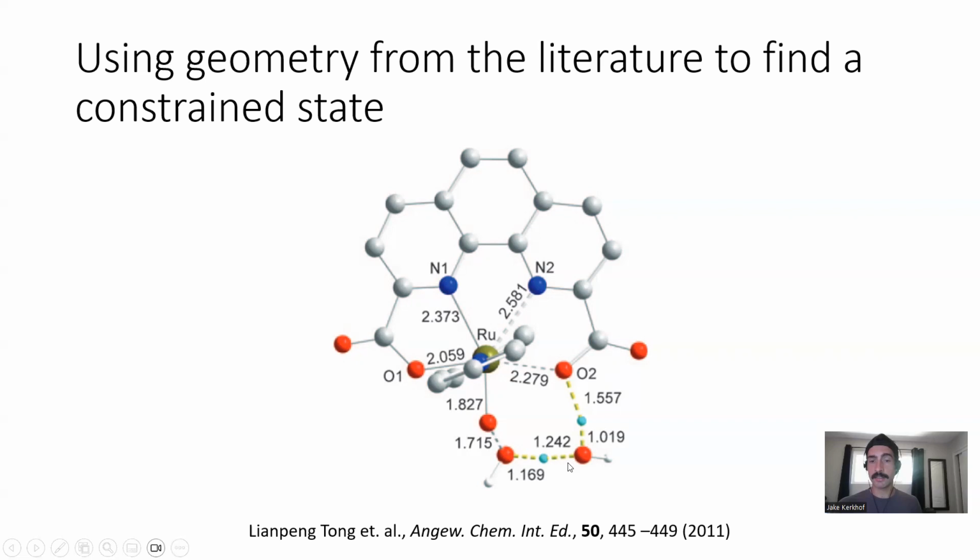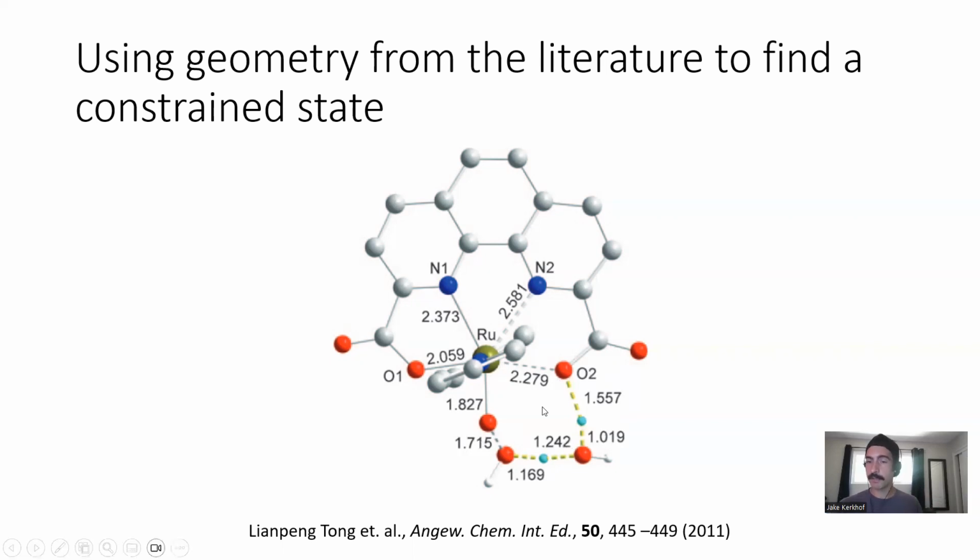They also had a distance between the hydrogen on this water and the second water of 1.242 angstroms. And they had the distance between this hydrogen and the oxygen on the carboxylate at a distance of 1.557 angstroms. So using this geometry,